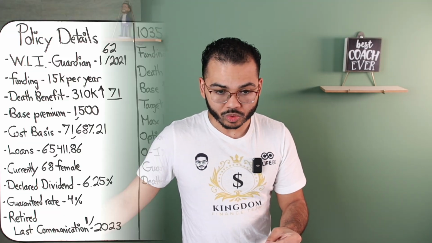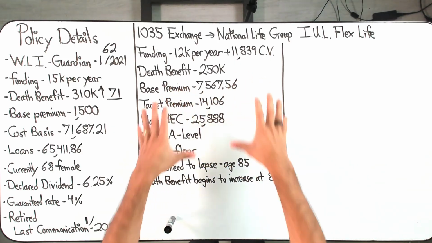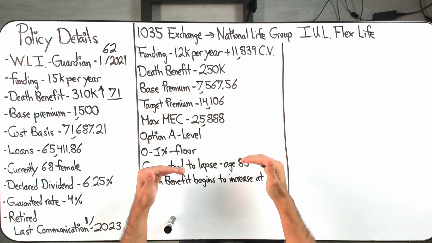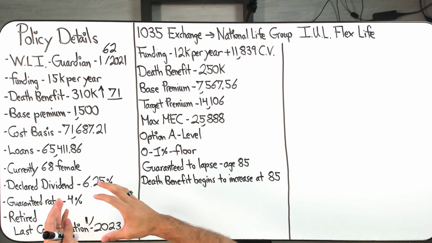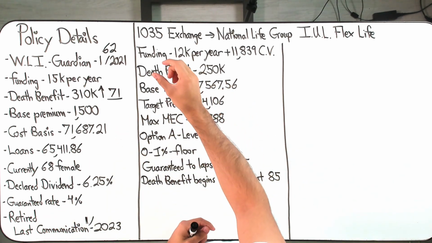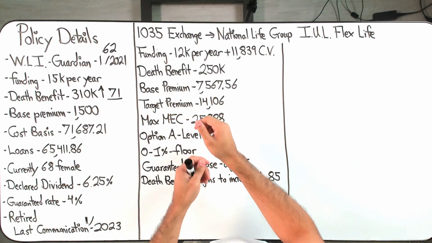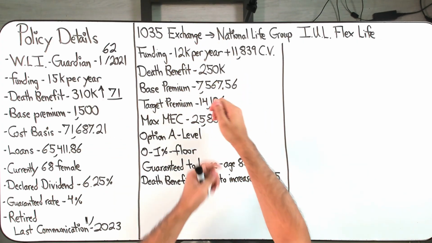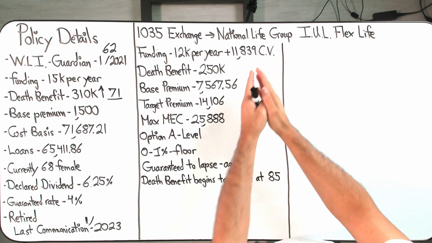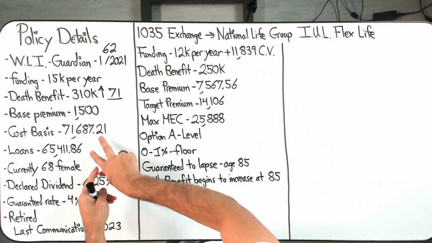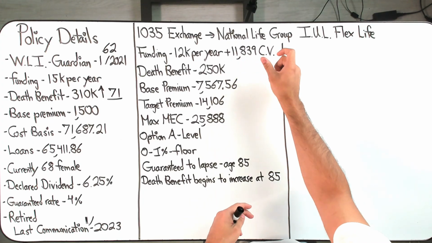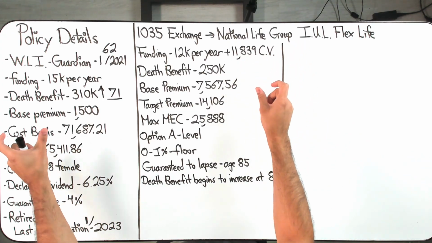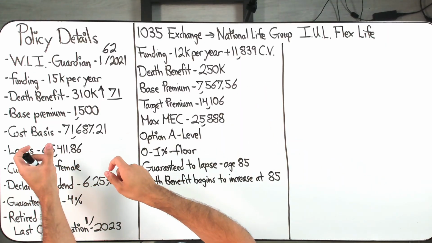$310,000 death benefit and do a 1035 exchange with National Life Group into an indexed universal life insurance contract, flexible life, where according to the design that you laid out, these are the exact numbers according to the illustration that you designed for my client. You have them funding less dollars per year, so $12,000 per year. You have them doing a 1035 exchange of the remaining cash value. $11,839 is the estimated cash value that you're pulling from here, despite all the loans that they have out,